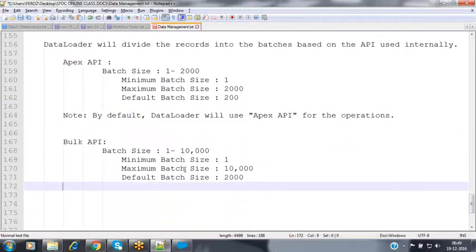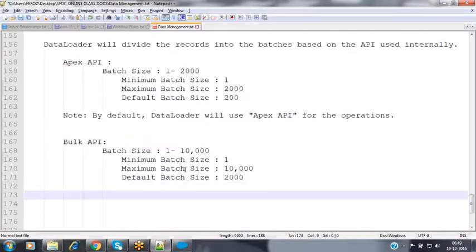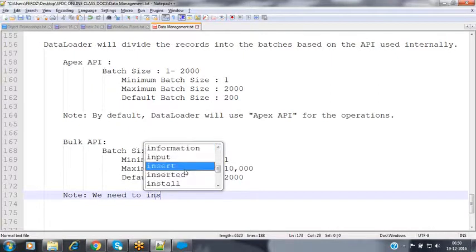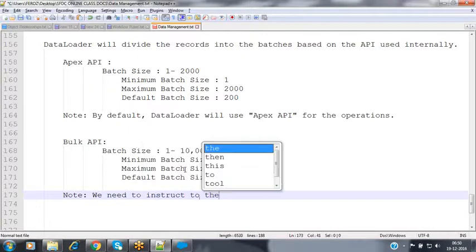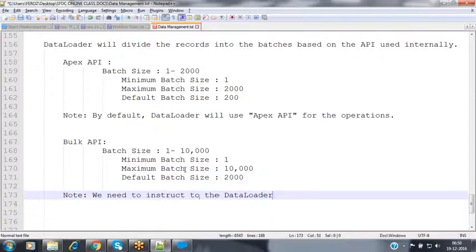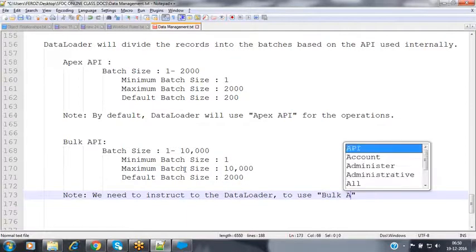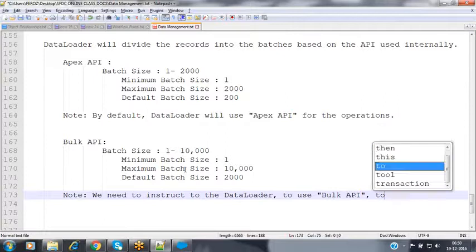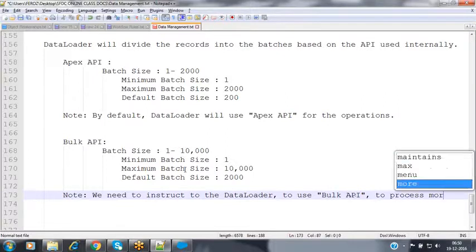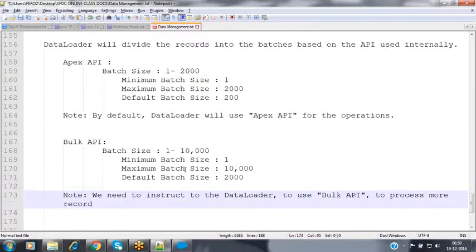So in order to indicate that bulk API to be used, we have to select the checkbox here. We need to instruct the data loader to use bulk API to process more records per batch.